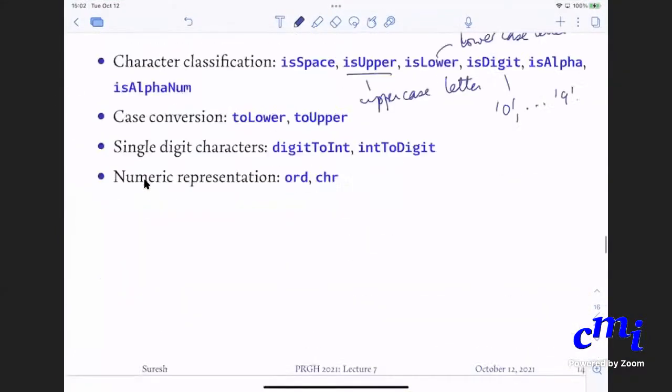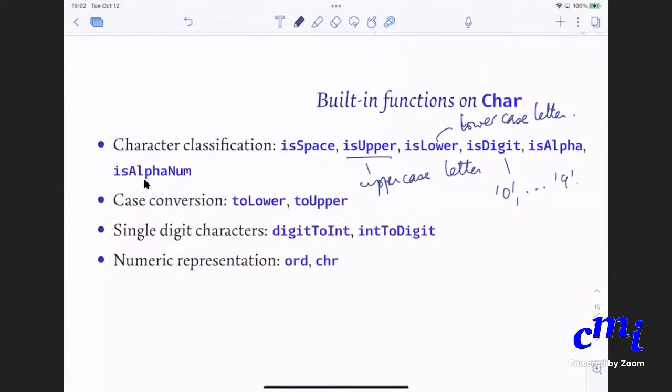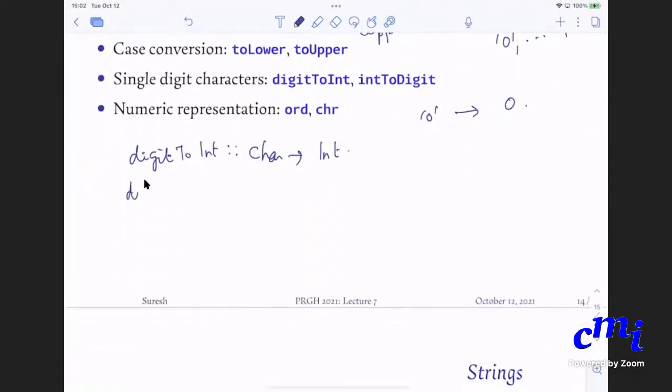So yes, and then you have case conversion like toLower, toUpper. You have single digit characters, which will take a digit. So it will take '0' and give you the number 0. It is of type character to integer, digitToInt. So digitToInt of '0' will give you 0, '1' within quotes will give you 1, '9' within quotes will give you 9.